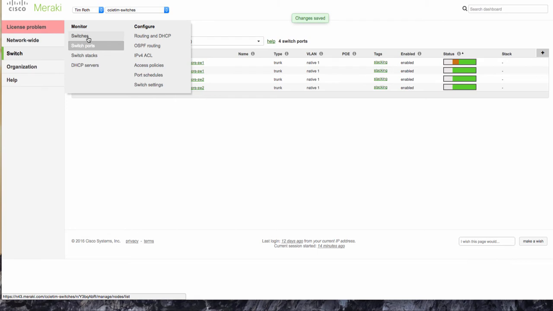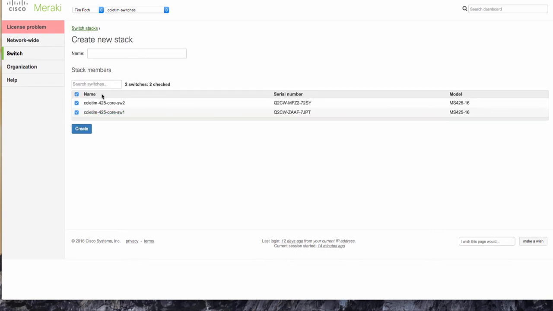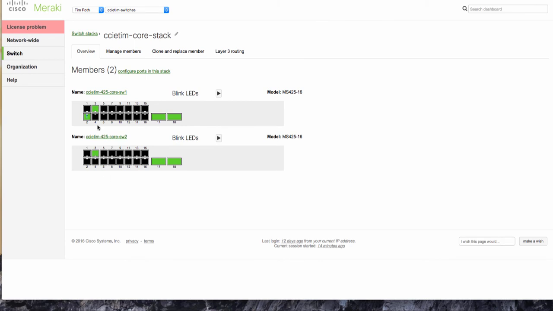And then the next thing we're going to do is jump over to our switch stacks page. There's a dynamic protocol running that auto-discovers these switches as stack neighbors. Since they're eligible to become stack members, we're going to provision these switches as a stack. We're going to call this CCI TIM core stack and hit create. Then we're going to validate and make sure the stack is created. So now these two switches are bound together and they look like one switch to the Meraki dashboard and to